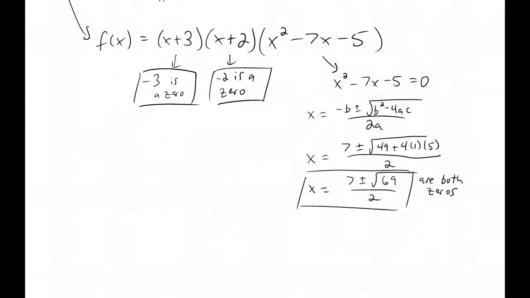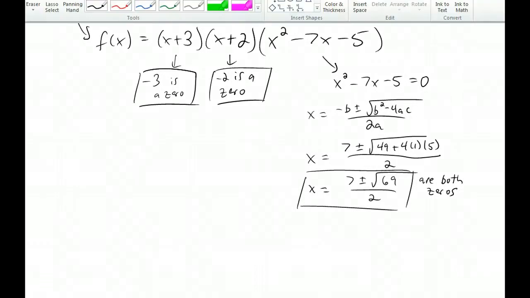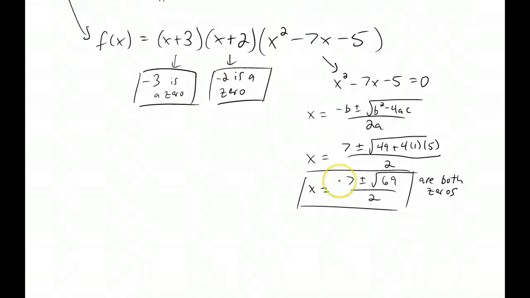The first part of this question asks, what are the rational zeros? Well, since we have all of the zeros, all we have to do is look at them and say, which ones are rational? Negative 3 is a rational number. Negative 2 is a rational number. But this is not a rational number because it's got a square root in it. This square root of 69 can't be simplified down to a rational number. Anything with the square root in the final simplified answer is going to be an irrational number. So that and that are both rational